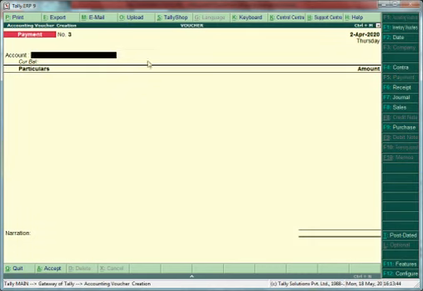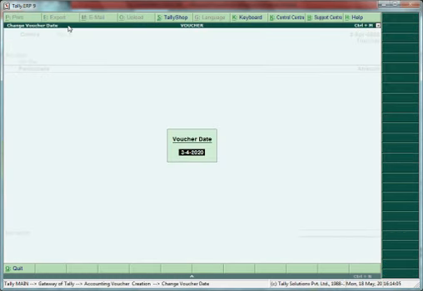If the payment voucher is opened, then press F4 or select contra from the list. Now a contra voucher page will open. If we want to change date, then press F2 and change date.